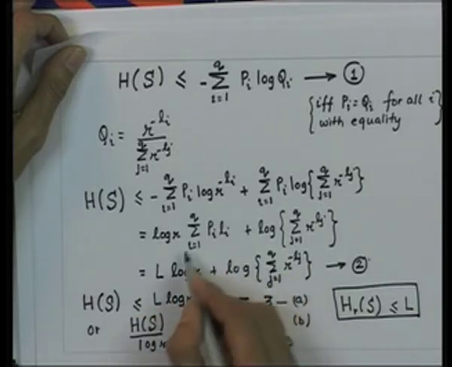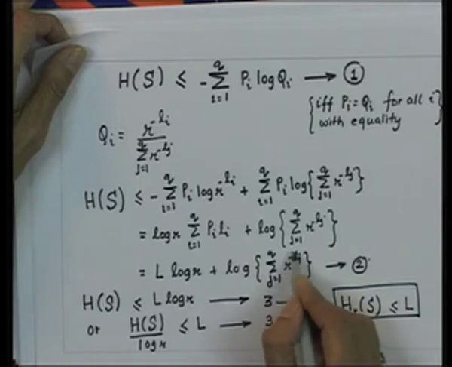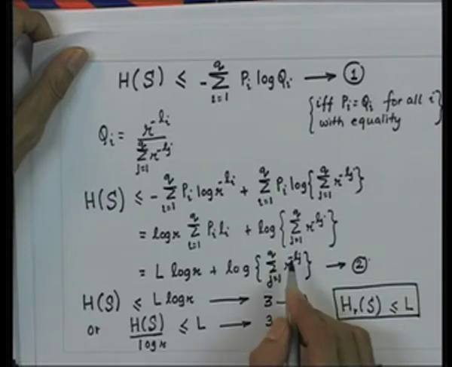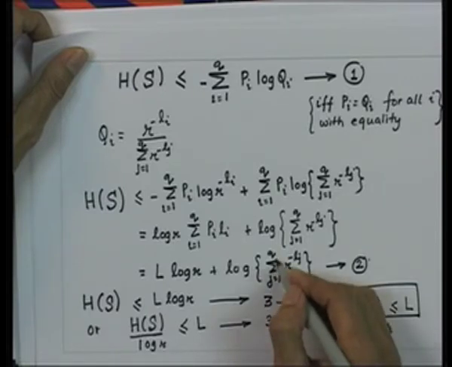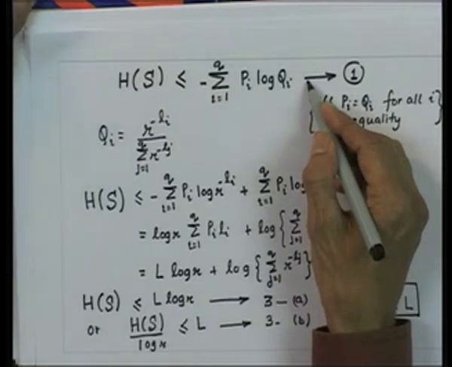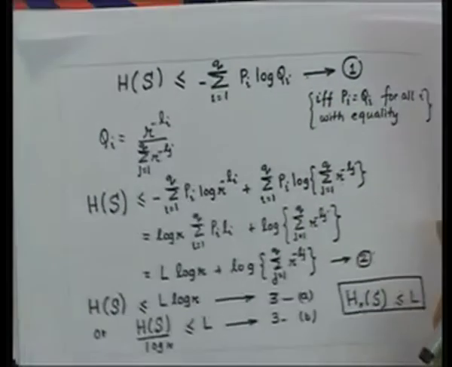So, in this equation, a necessary condition for the equality rather than the inequality is that this term out here should be equal to 1. And then retracing our steps to this equation, we see that a necessary and sufficient condition for equality is